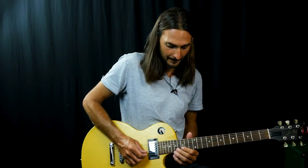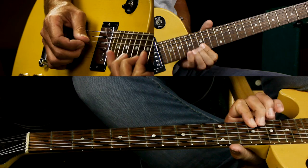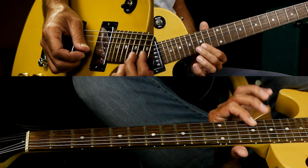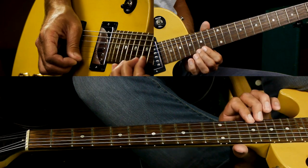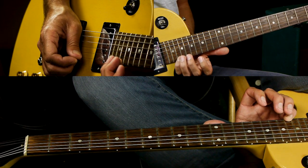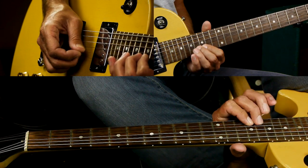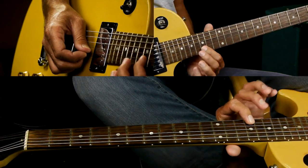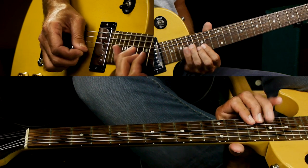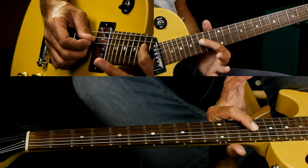So now we have, let's see, it's just an ascending run here, starting on 15. 17, 15, 16, 18, 15, 16, 18. Then you do the same thing again, but you can go all the way up to 20. Then that's just 15, 16, 17 on the G string, 15, 16, 18. Then the last part is, now you're going to hit D string, 15, 17,